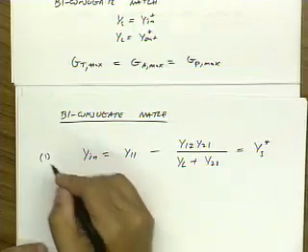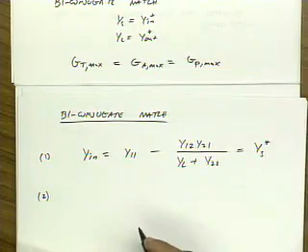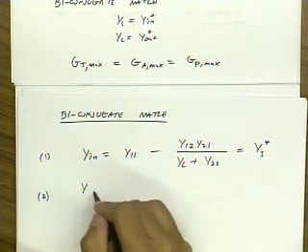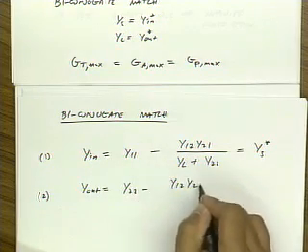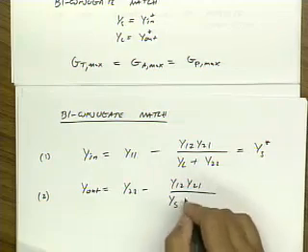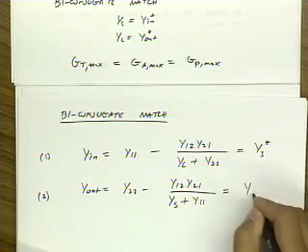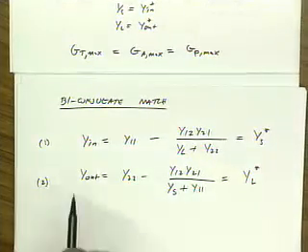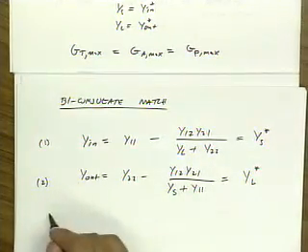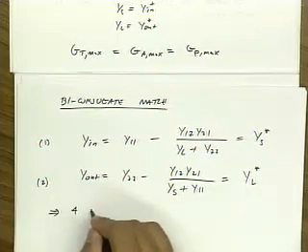This is our first equation. Likewise Yout, which is Y22 minus Y12 Y21 divided by YS plus Y11, and we set that equal to YL complex conjugate. Even though this is only two equations, it's really four real equations,